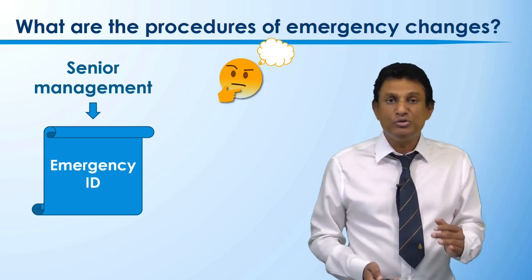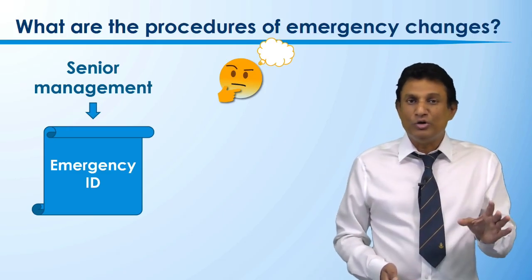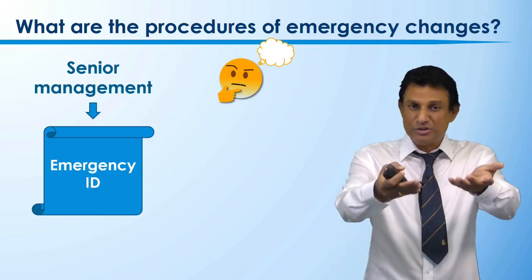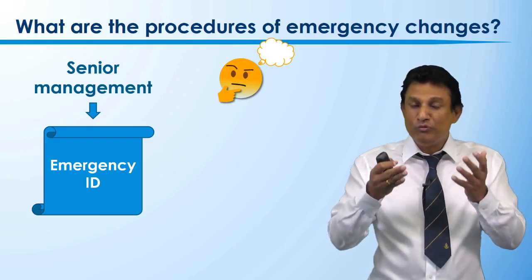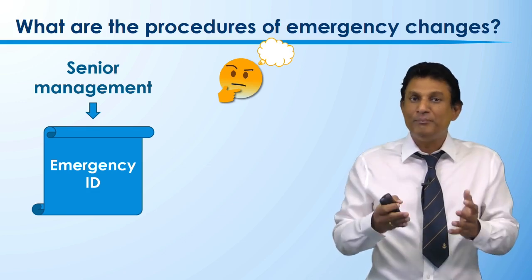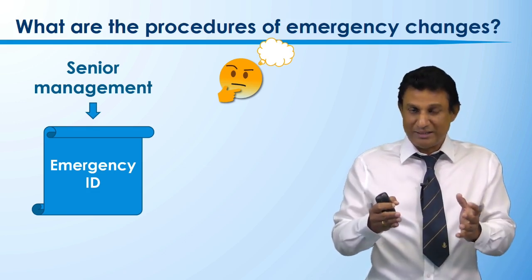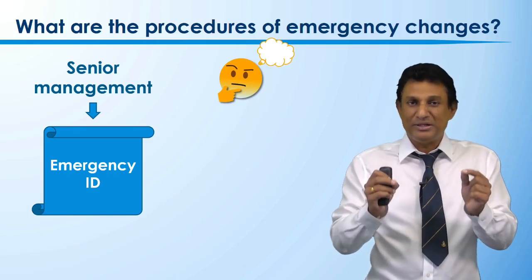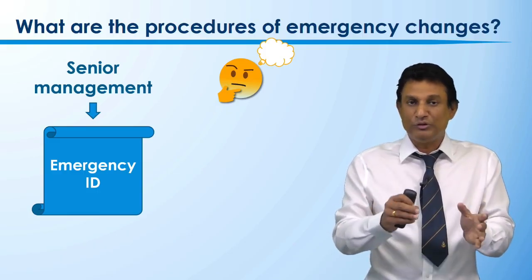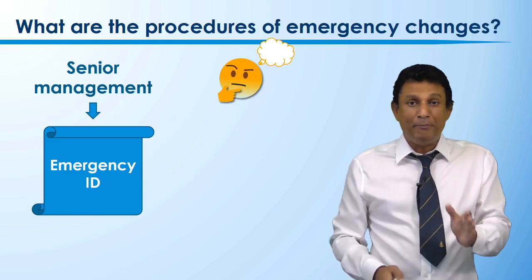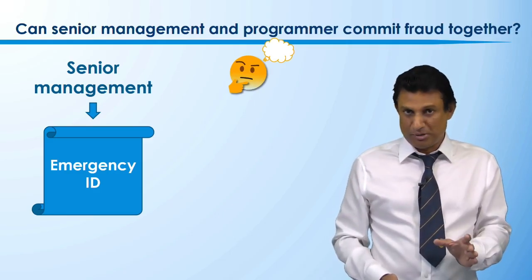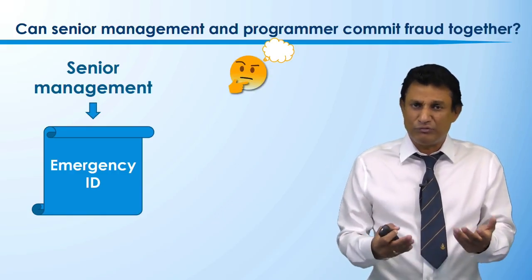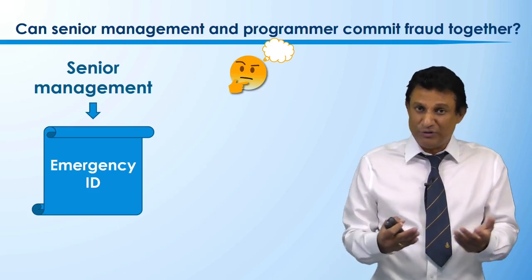Now the issue is this: when we use the emergency ID, we bypass all the approval and testing. So the programmer quickly fixes the issue as soon as possible, and we compromise, or speed up, the testing process. That is the biggest compromise we make. When we fix an emergency, the biggest thing we compromise is the testing, with minimal testing, because our motive is to get the server up and running as soon as possible. We can find some examples in the industry from the last 10-15 years, because this is a very powerful feature.